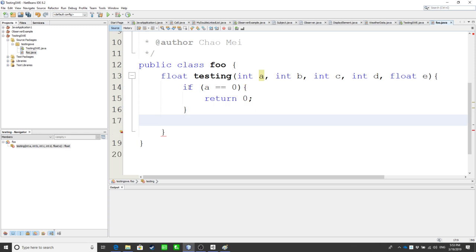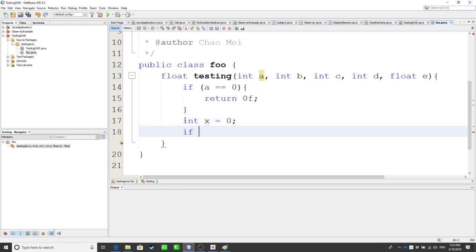If A is 0, we just return 0. Maybe we should write the F. Okay. And 0. If A equals to B or